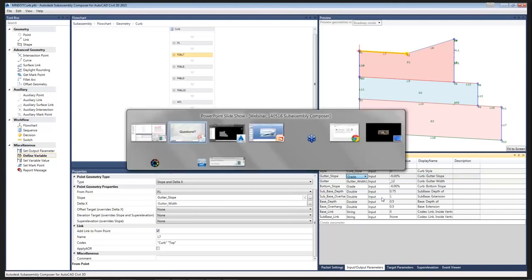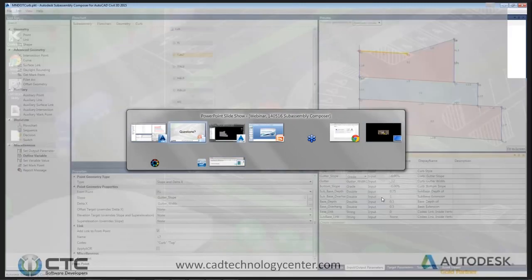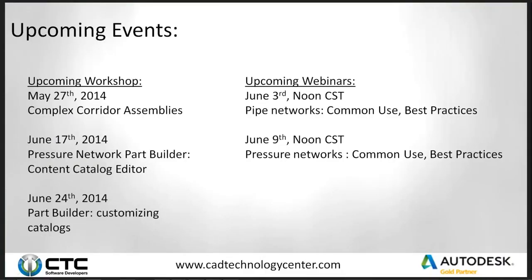I don't have any other questions, so let me talk about our upcoming events. We have a workshop a week from Tuesday, talking about complex corridor subassemblies. We're going to talk about doing conditional, found, not found. We're going to talk about cut fill analysis, targeting, how you can create one corridor with one region and have multiple outputs. We then have a workshop the 17th of June talking about pressure network part building, how to take